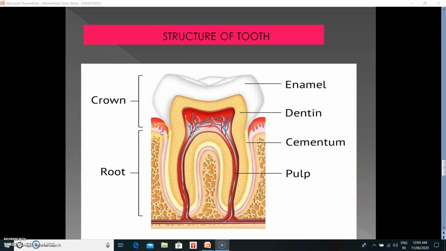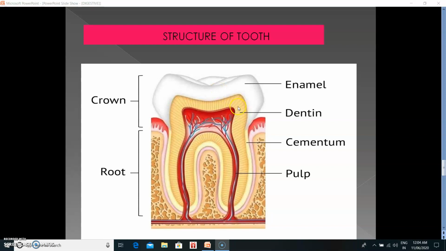The neck is surrounded by the gum. You can see this pinkish structure surrounding it. You can see the pinkish tissue in your mouth; teeth are embedded in it. That is your gums. Okay. The crown is covered with enamel. This white structure is your enamel. And let me tell you, children, that this enamel is the hardest substance in your body. Mark it. Enamel is the hardest substance in the body.